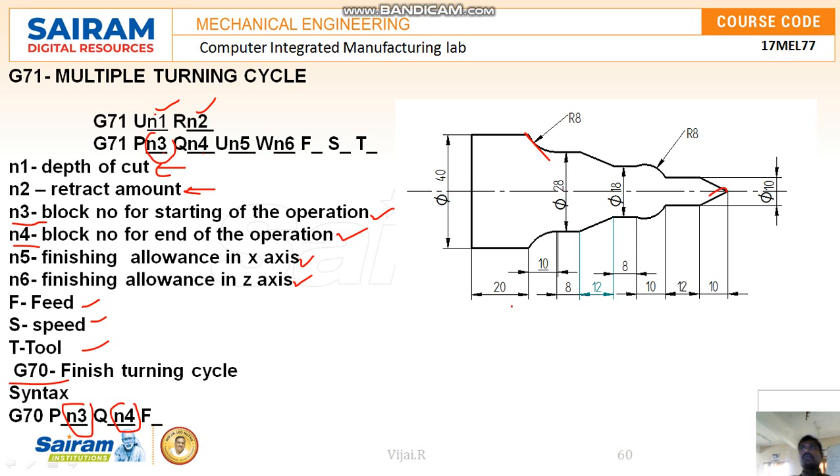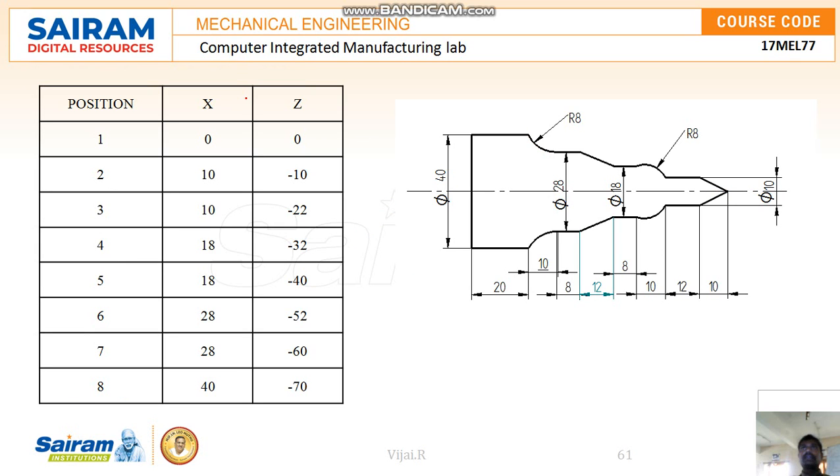So now, first of all, what we have to do is make the position table, that is, the coordinate values x and z. We know x is the diameter value and z is the length value. So for the given sketch, first of all, we have to make the tabular column by showing these points. So this is point 1, 2, and this is 3, and make this 4 and this 5, just like this. Each and every point, where the line is going to finish, the end point, we are writing 1, 2, 3, 4, 5, 6, 7, 8.